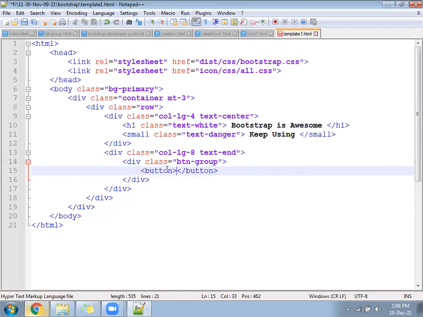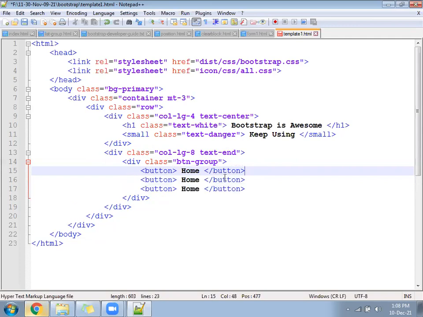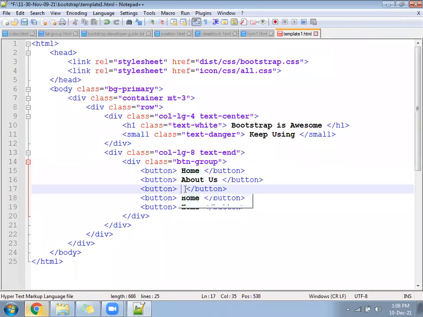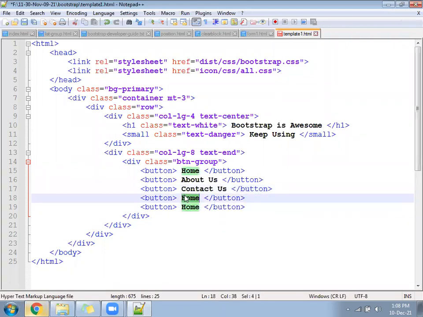Since the background is a blue color, so which color we should follow? Okay. About us, then contact us, then register, and then call login.